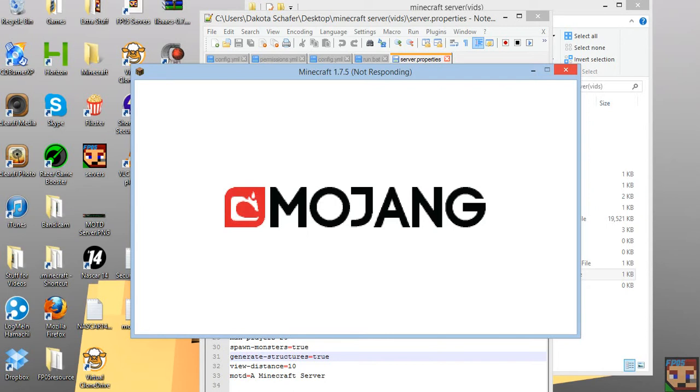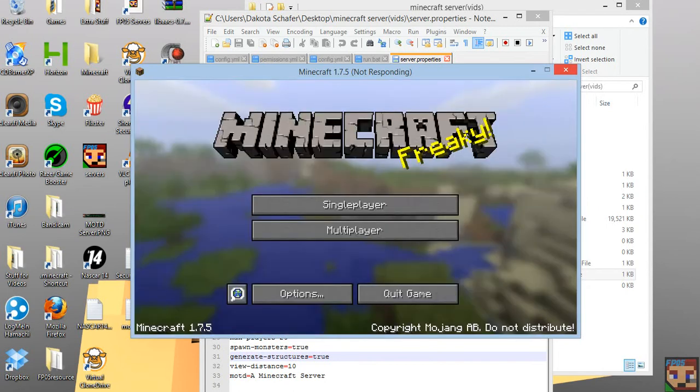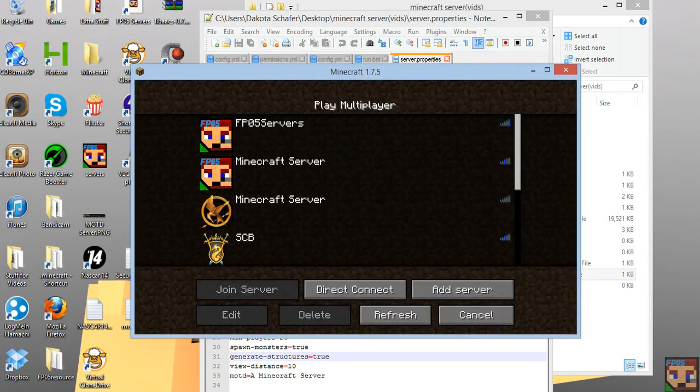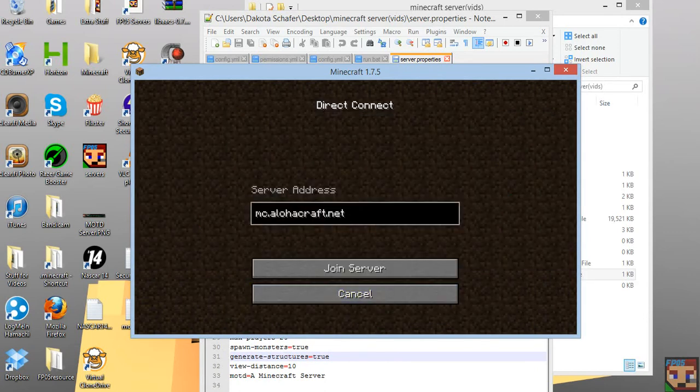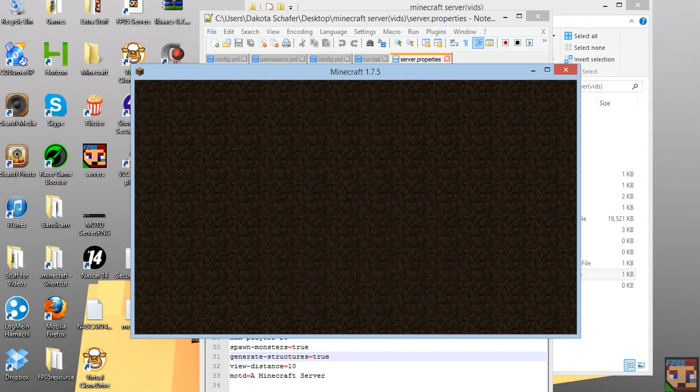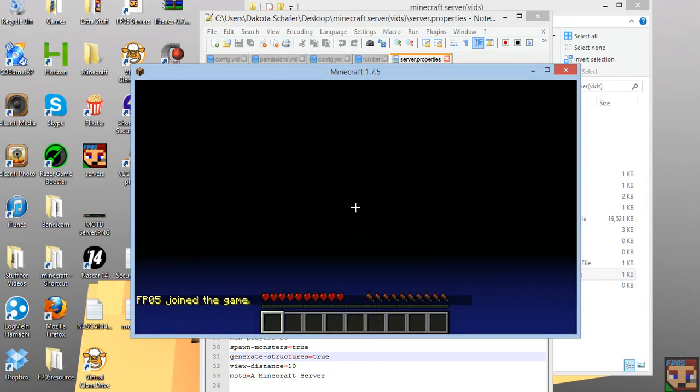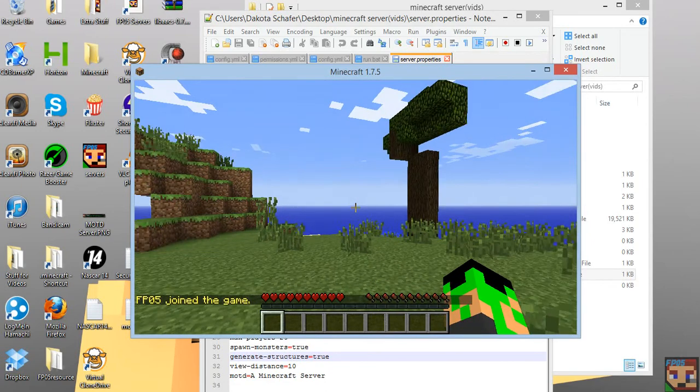Now you can generate structures, view distance. I think that can change by the people automatically, but I think that's the default. See, now the easiest way to connect to it is localhost. Now what this allows us to do is go in and join the server that's on our computer. As you can see, we log right in, and since there's nothing on the server yet,